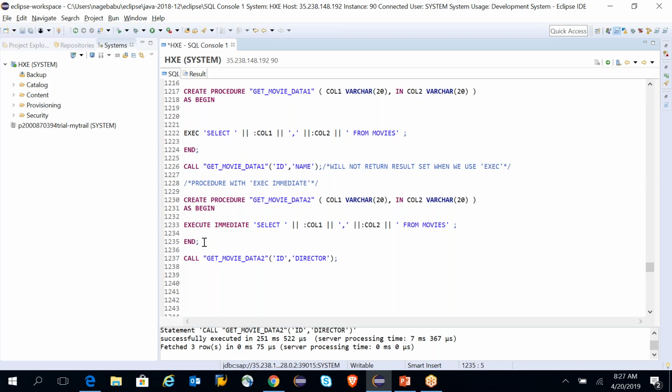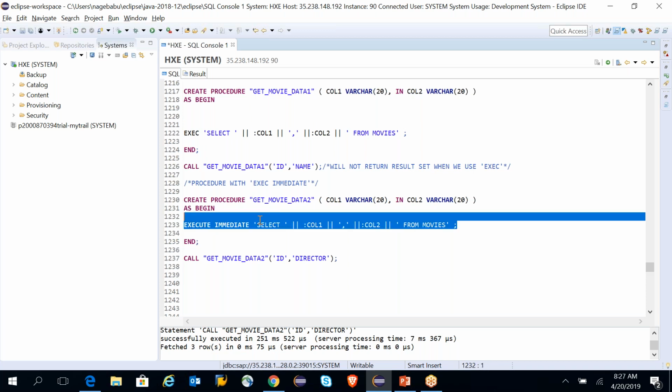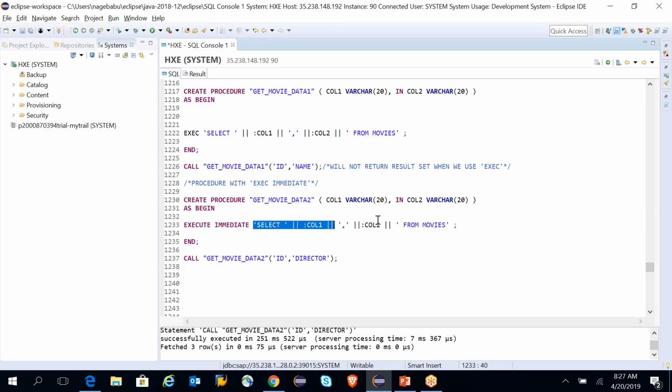So before you get too many doubts, let me clarify one thing. These are all not recommended ways to write SQL queries dynamically like this. In any case, if there is a requirement that you want to perform a SQL statement dynamically, this is one of the options that we can go with, but this is not a recommended way, because if you write like this,